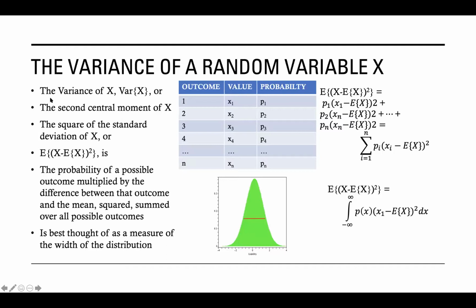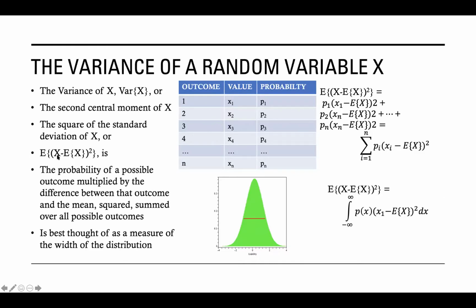So now we're going to look at a very specific function of a random variable. That specific function of a random variable has a name. That name is called the variance. And we will be doing stuff with variances of random variables all semester long. So the variance of random variable x, which we'll often write as var(x), which we will sometimes call the second central moment of x. Maybe if we're being really weird, we'll call it the square of the standard deviation of x, is defined as